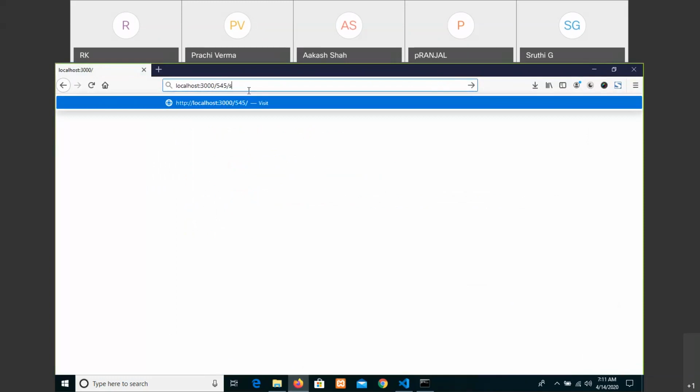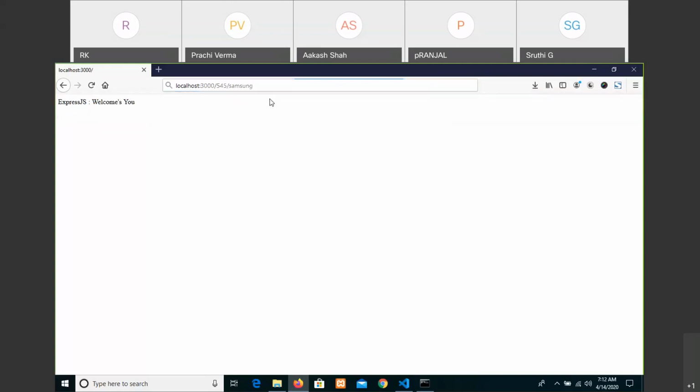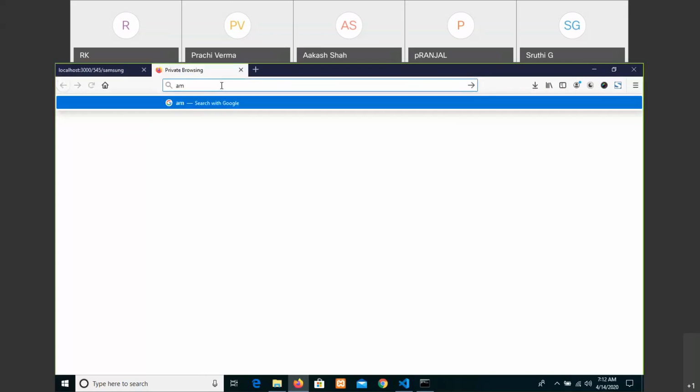For example, it is an ID first parameter, and a name second parameter, and we are getting here ID 545 what we have entered, and show the product name what we have entered. So with this only, you will be getting the results. I'm just showing this for your understanding purpose only, not exactly at this moment.